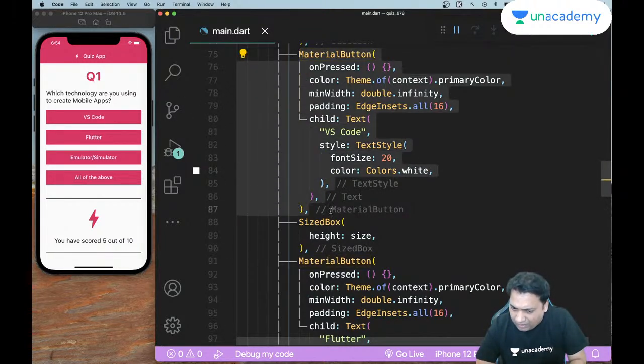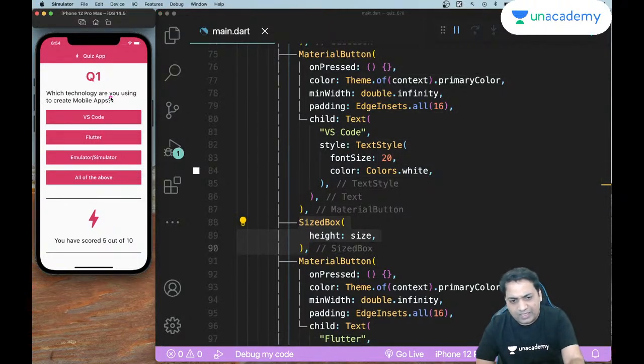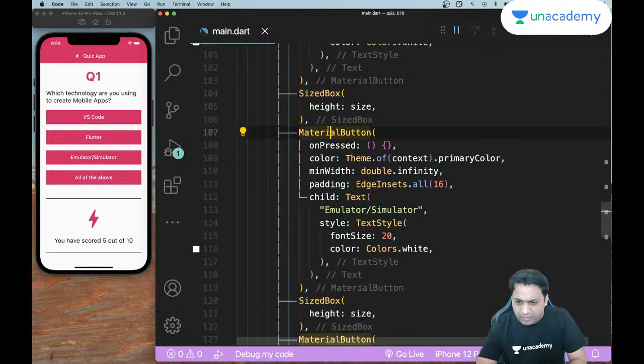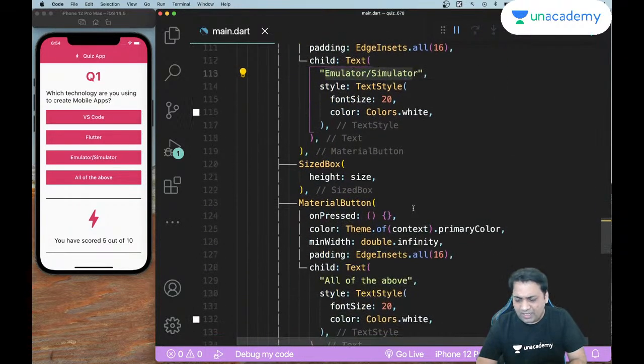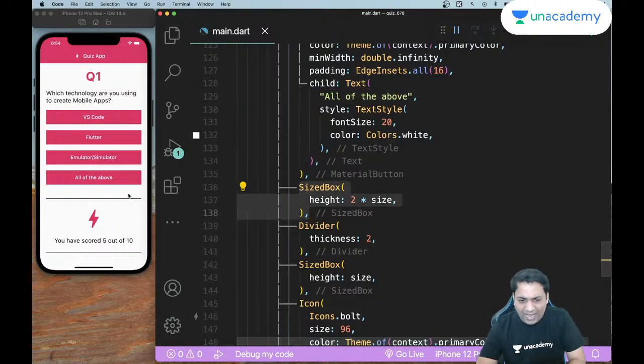That is basically the button, after which we have yet another sized box to create more space between one button and the other, right? And after that, all we do is repeat the same thing. Get one more material button, change the text to something else, put a sized box. Take another material button, put some text inside it, and add another sized box. And do it one last time, one more material button, one more text, and one more sized box. And with that, we have now come to the end of the final